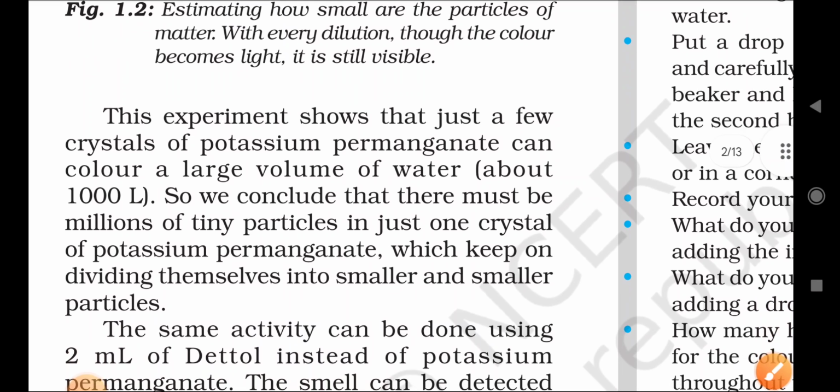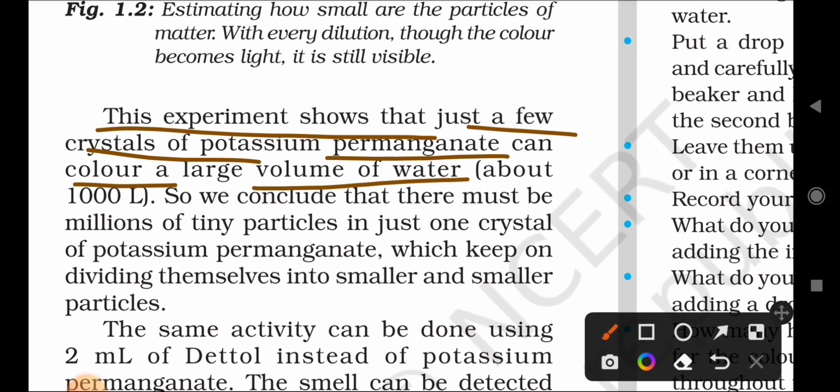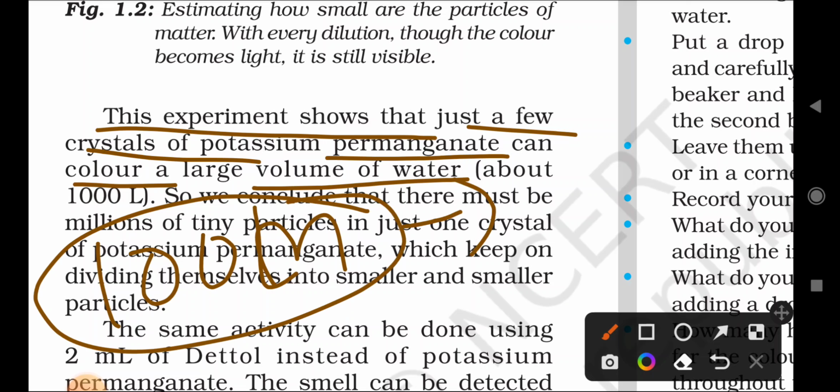What this experiment shows is that just a few crystals of potassium permanganate can color a large volume of water, about 1000 liters. For example, small crystals of potassium permanganate give color to a large volume of water. In the above activity, the total water is 100 liters, correct? In that we are adding only 2 to 3 crystals of potassium permanganate, because here we can observe carefully,